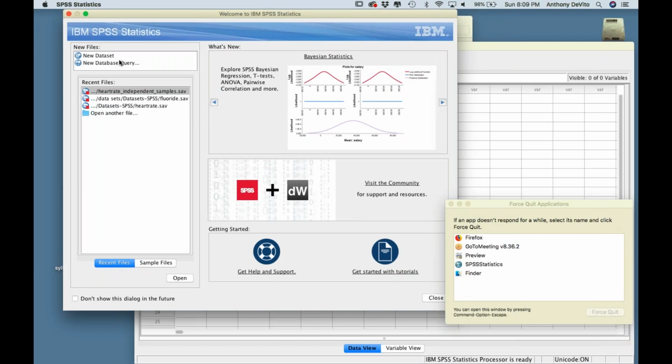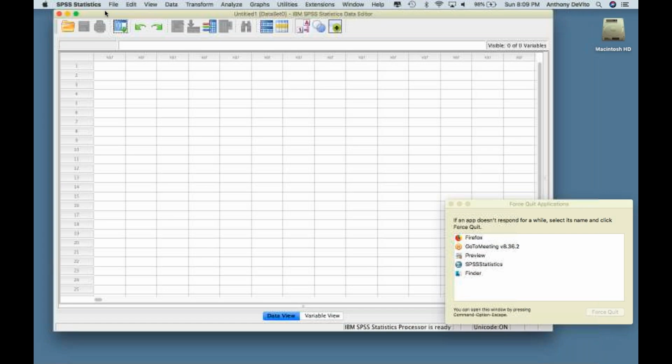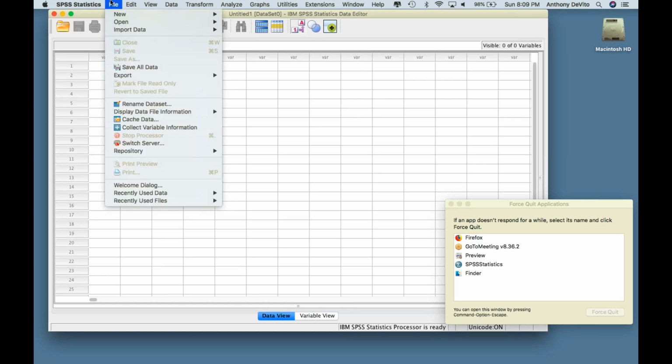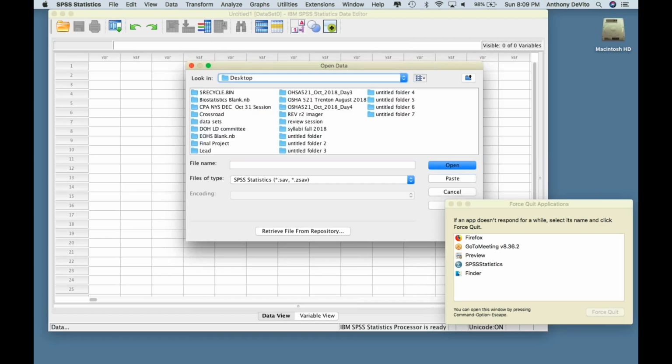Okay, here we go. It opens up with this welcome window. I'm not going to bother to use that. It opens up with a blank data sheet for SPSS. I could actually type data in here now if I wanted to, but we already have a file, as you probably will on the test as well. I'm going to say open data,